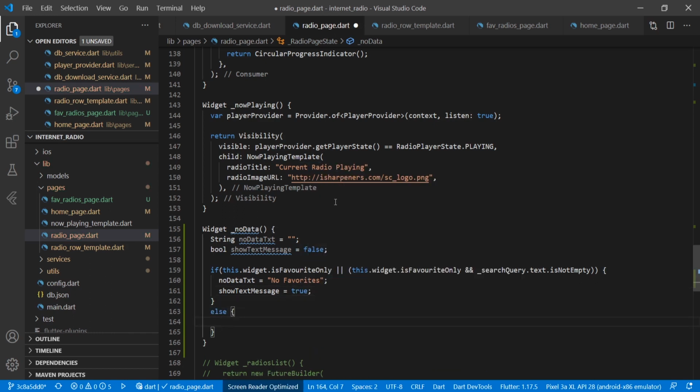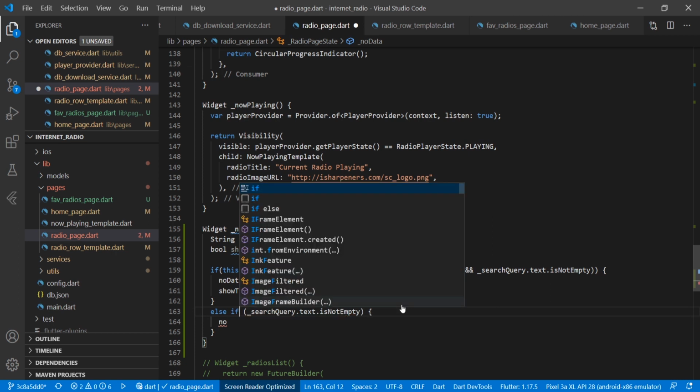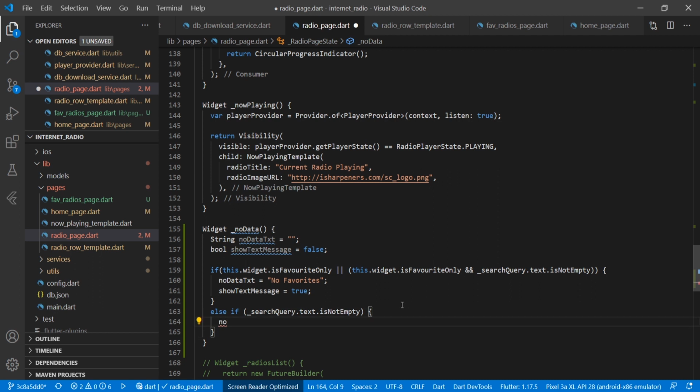Else we will check here search query, else if search query dot text is not empty, then we will show no data text is equal to no radios found, and show text message is equal to true.